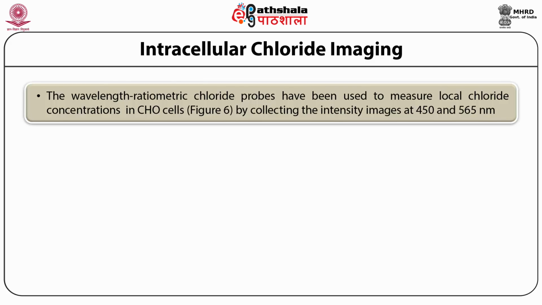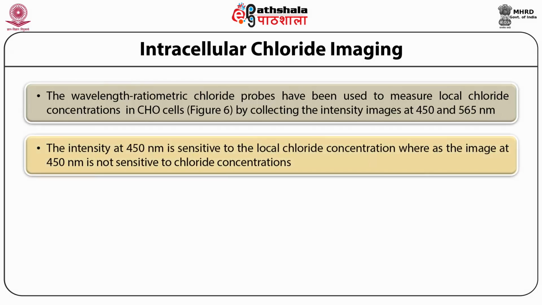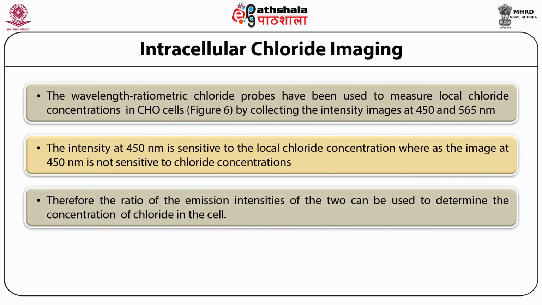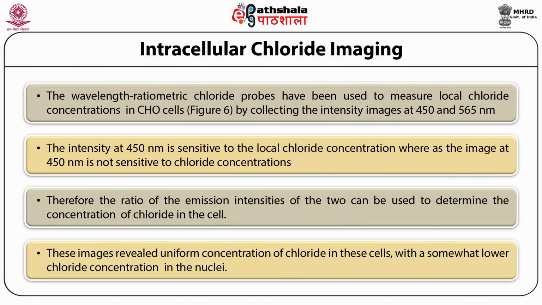by collecting the intensity image at 450 and 565 nanometers. The intensity at 450 nanometer is sensitive to the local chloride concentration, whereas the image at 565 nanometer is not sensitive to the chloride concentration. Therefore, the ratio of the emission intensities of the two can be used to determine the concentration of chloride in the cell. These images revealed uniform concentration of chloride in these cells with a somewhat lower chloride concentration in the